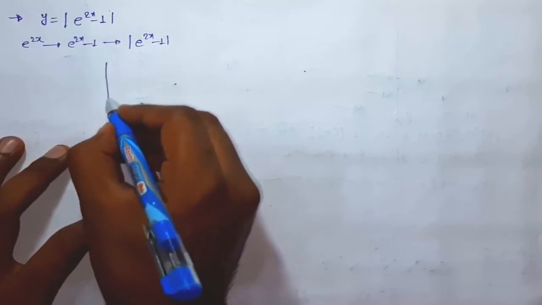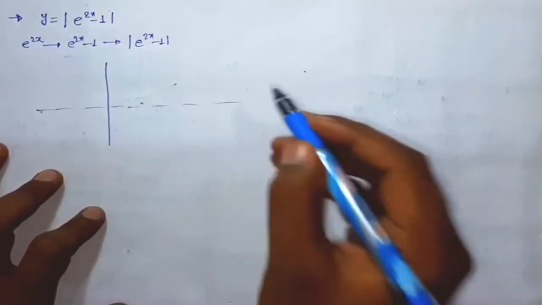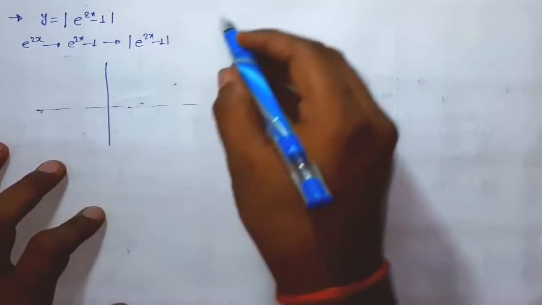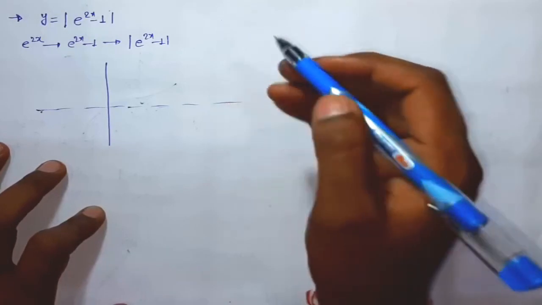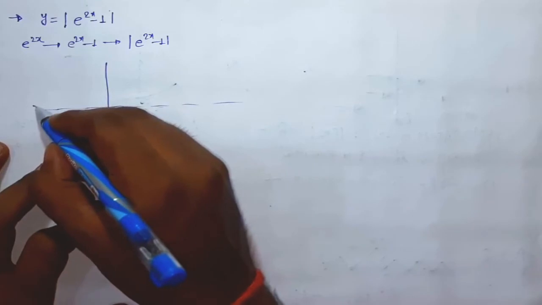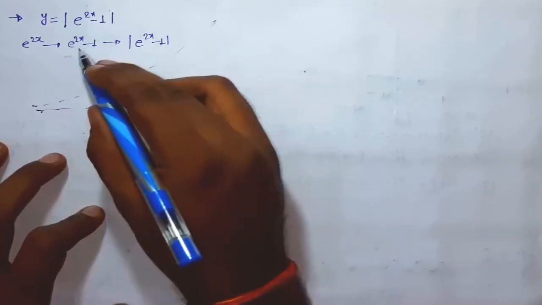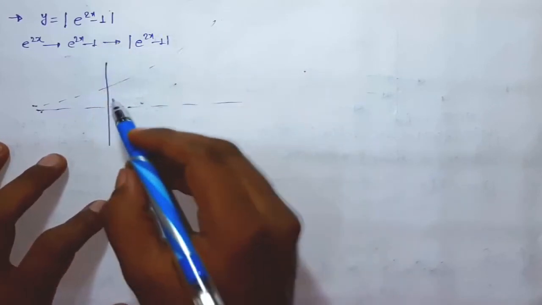Okay, so I'm going to draw the graph of this function. So e to the power x will be like this, e to the power 2x will also be like this, and it will be like this. Okay, e to the power 2x. Now we are going to shift this graph by a distance of 1 in the negative y direction. That means